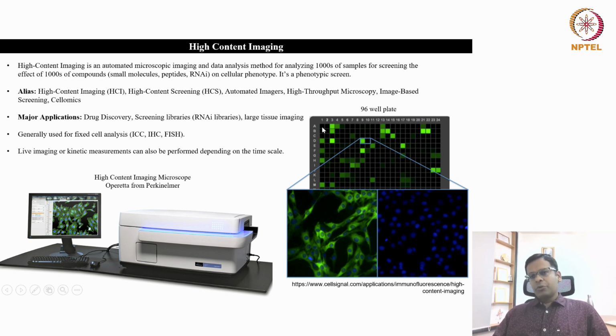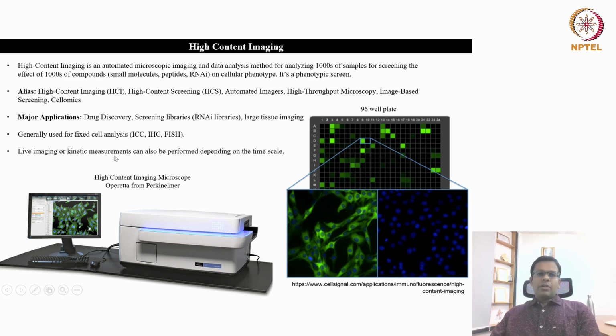Generally it is not a suitable method for live cell imaging, because the microscope takes some time to image the sample in the first well through to the sample in the 96th well. So it takes a few hours to image all the samples, right? If you go for live cell experiments, the time required for imaging one plate will place the cells at another stage of the cell cycle for the next plate, because it will take at least a few hours to image one plate.